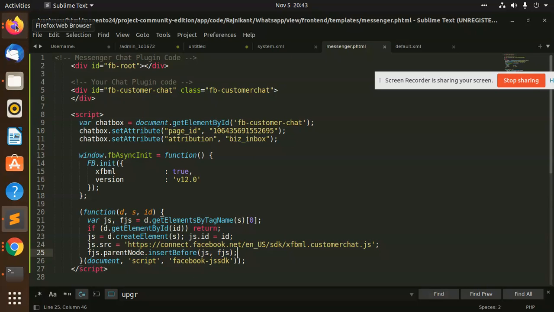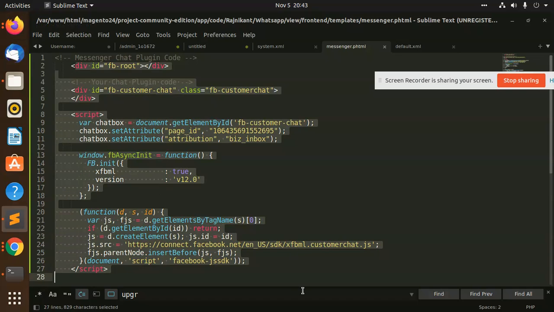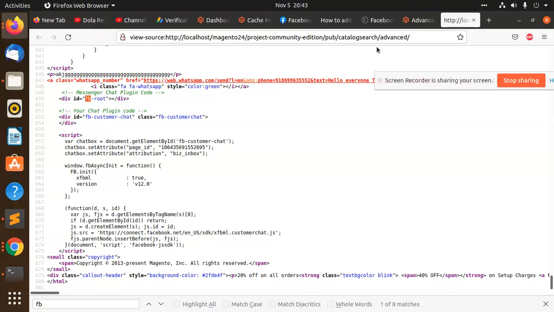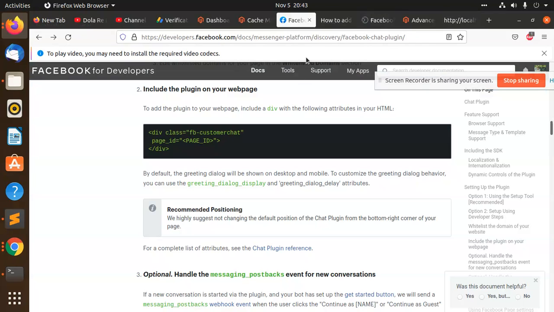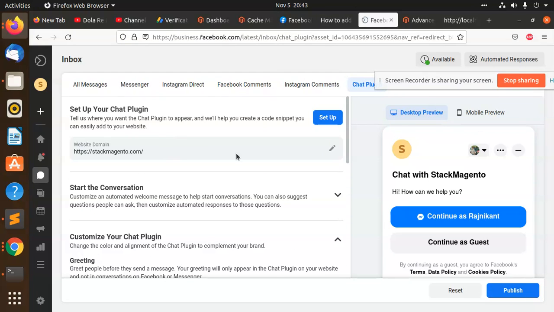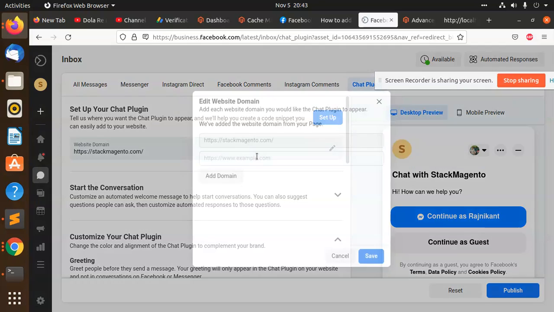Okay, so maybe the issue is that you need to add the code over here. Maybe it is because of localhost, it is not running, because while creating the Facebook chat plugin, let me check. Yeah, this is the chat plugin. We need to define the URL over here. So I think it is tied to the website domain.